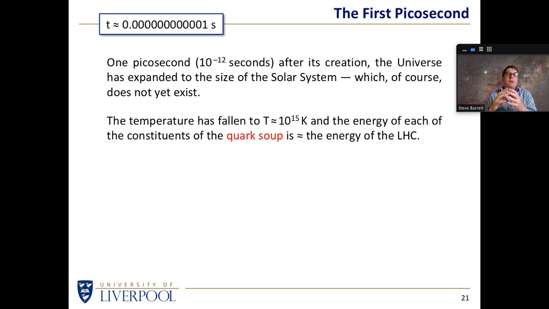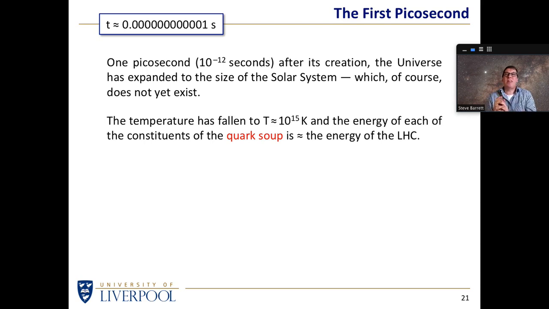Energy was borrowed, energy makes matter. What sort of matter? Well, it could be electrons, it could be quarks, in principle it could be other particles. We're not going to worry too much about that for the moment. We're just saying it's a soup of fundamental particles, and there are various types of them swimming around. The temperature tells us how much energy we have, how much energy each of those particles have.